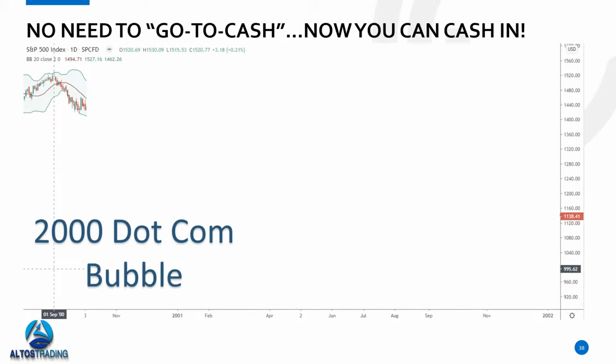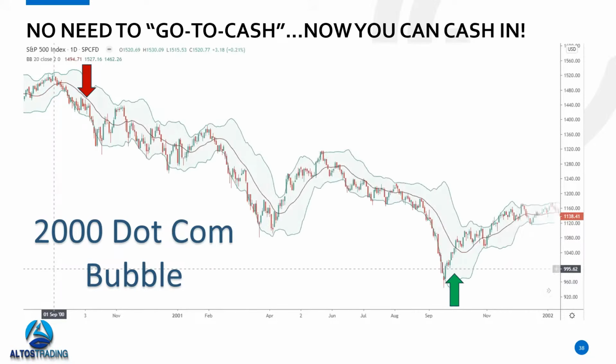Going back over 2 decades, this is the 2000 dot-com bubble. Okay, same thing. S&Ps putting in new all-time highs in August, early September. You guys can spot the Slingshot now, right? We had prior band convergence, but then we get a breach of that lower band, right? What happens? Simultaneous divergence of the outer bands. Trade Trend flashes a sell signal in September. Here's the market sell-off. It then gave us a buy signal in late September, early October before markets rebounded.